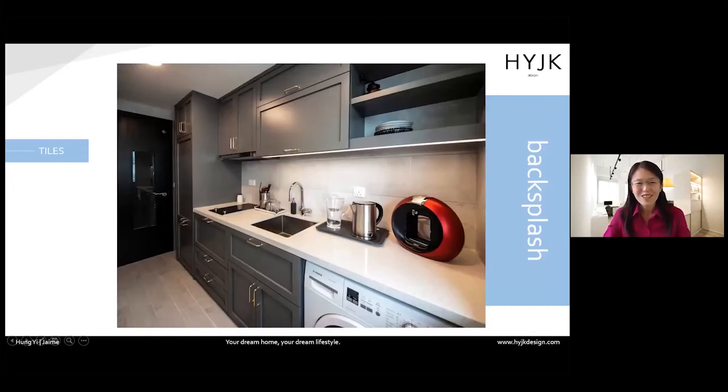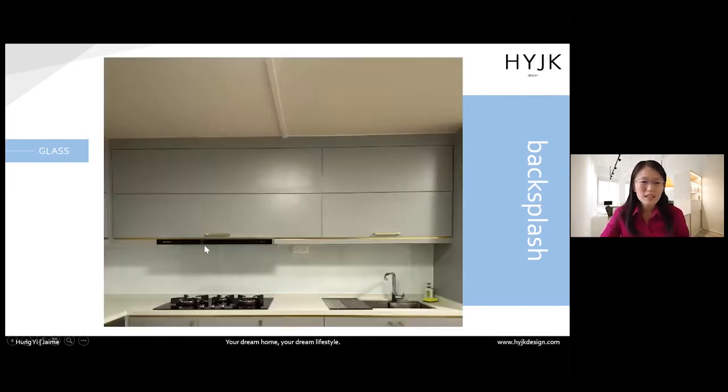Okay, so now besides the countertop, we talk about the backsplash. One of the common types of backsplash backing that we use would be tiles. Just to highlight for this project, it's a bit more interesting. We actually use vinyl tiles versus the normal ceramic or homogeneous tiles, because the homeowner's intent is only to keep it for 3 years and then sell it after that. So for short-term use, we use vinyl tiles, but usually we will use homogeneous tiles. This is very common.